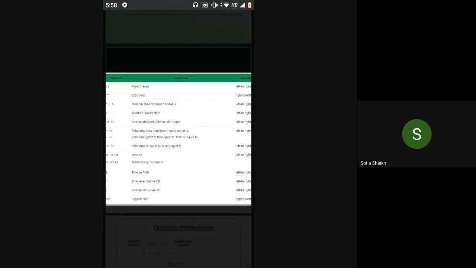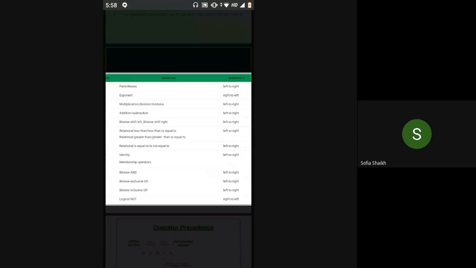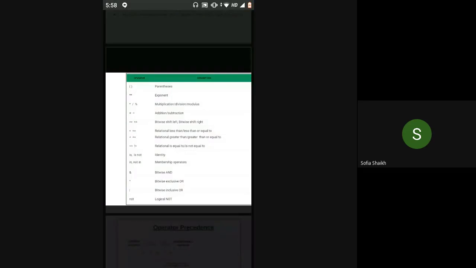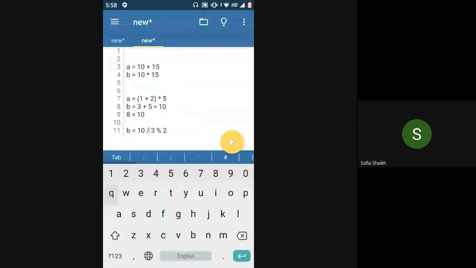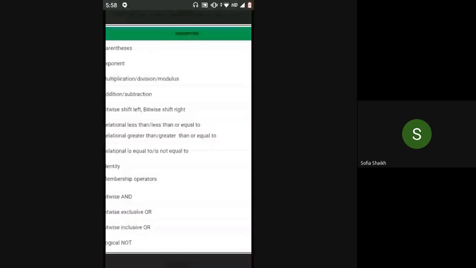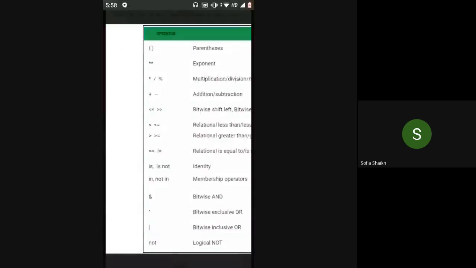Basically, associativity comes into picture when you have multiple operators in the same expression, and all these operators are of the same precedence. Like in this expression, 10 divided by 3 modulus 2, we have division and modulus, which are on the same level of precedence. All three, multiplication, division and modulus, have the same level of precedence, right?